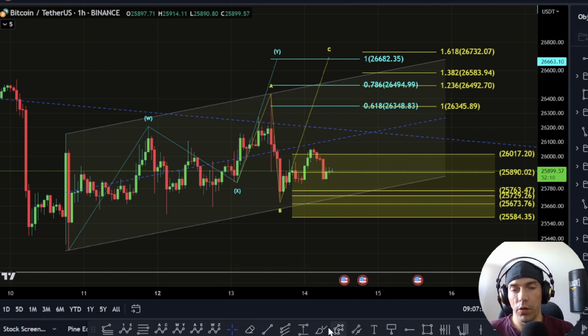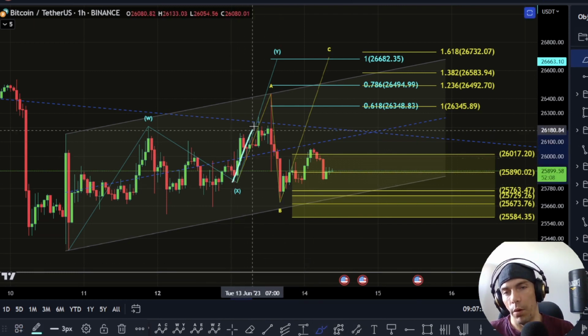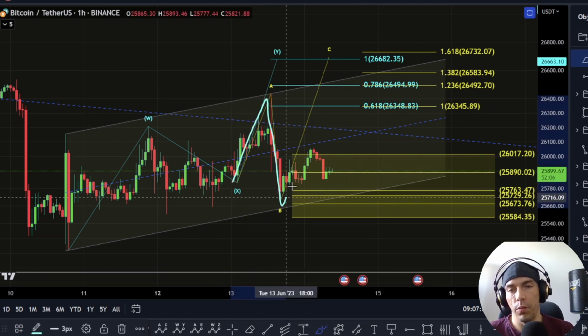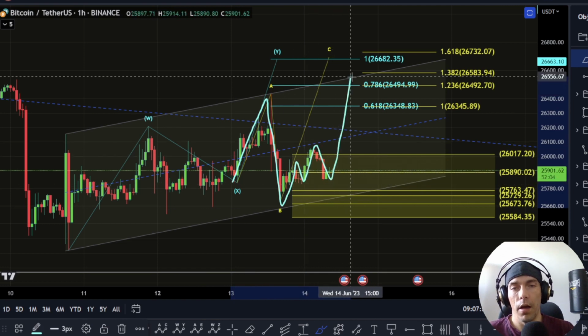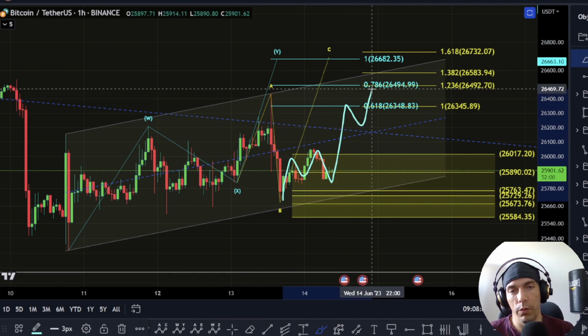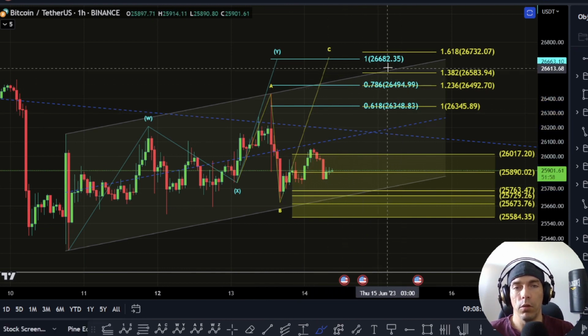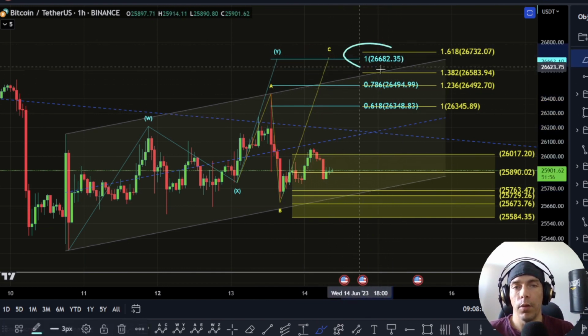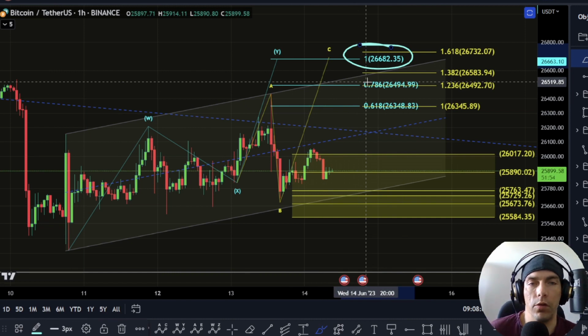26,682. Now, it is possible we could still be within this Y wave where this becomes an A, this becomes a B, and then we actually start to form a 5-wave structure to the upside where this becomes 1-2, 1-2, then we get a 3-4-5, 4-5, and we could actually look to come back up into this channel here, and we could actually look to push back up into this zone here of this